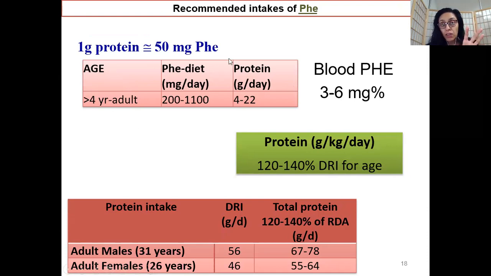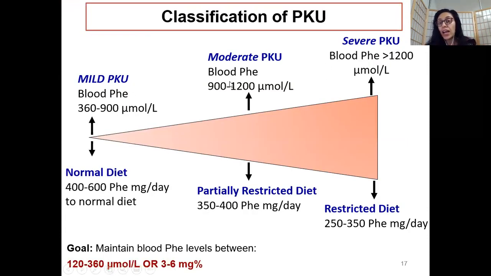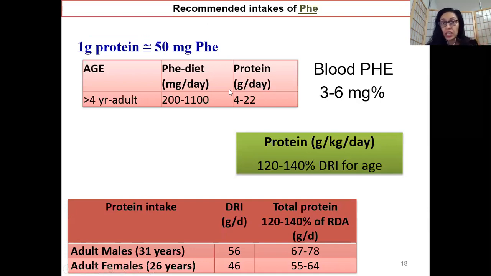Okay, so the first thing which I'm talking about is intact proteins, proteins which are coming from the diet. How much protein can a PKU patient tolerate in his or her diet is roughly between 4 to 22 grams. Do you go to 4 grams, or do you go to 14 grams, or do you give them 22 grams? That a dietitian decides depending upon their blood phenylalanine levels. Okay, so I hope this makes clear sense. So 4 to 22 grams of protein per day roughly gives you, say, 200 to 1100 milligrams per day of phenylalanine.